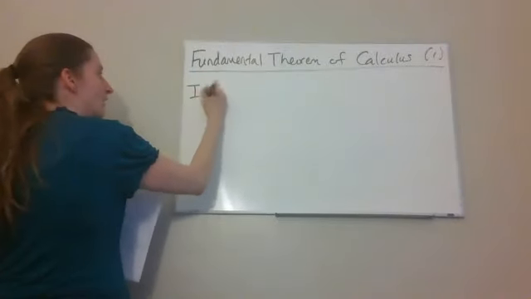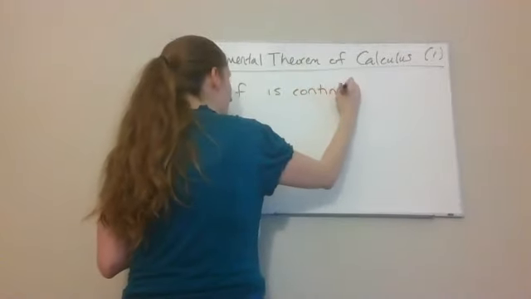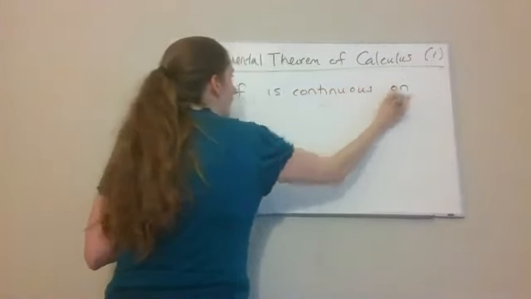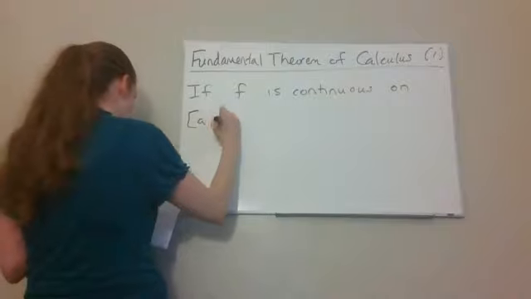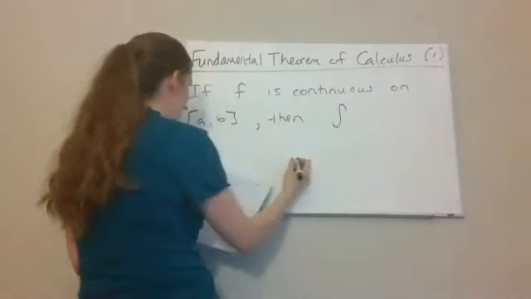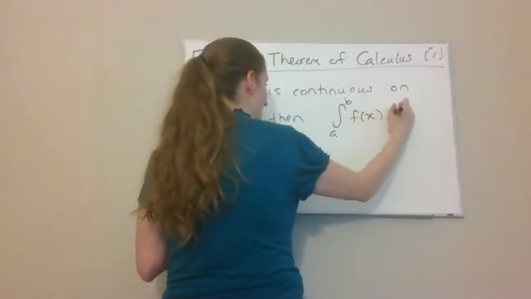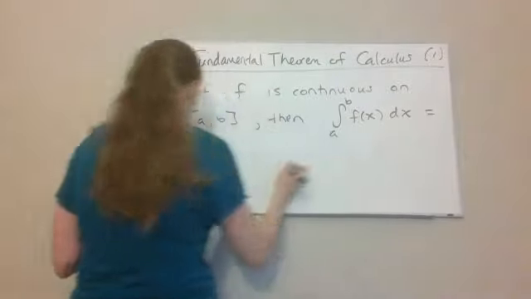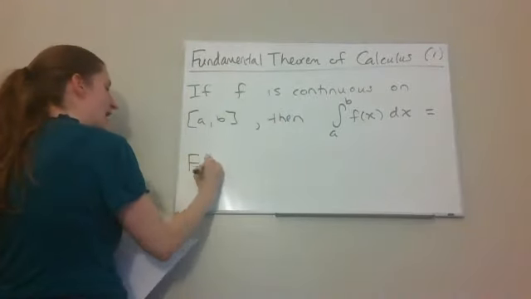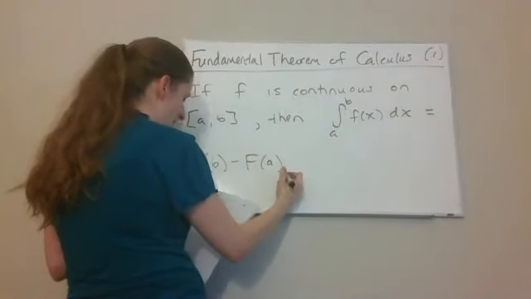It says, if f is continuous on the interval [a, b], then the definite integral from a to b of f of x dx is equal to capital F of b minus capital F of a,